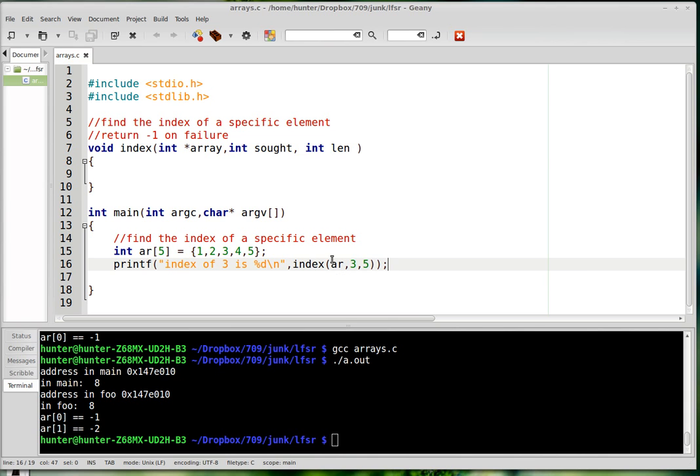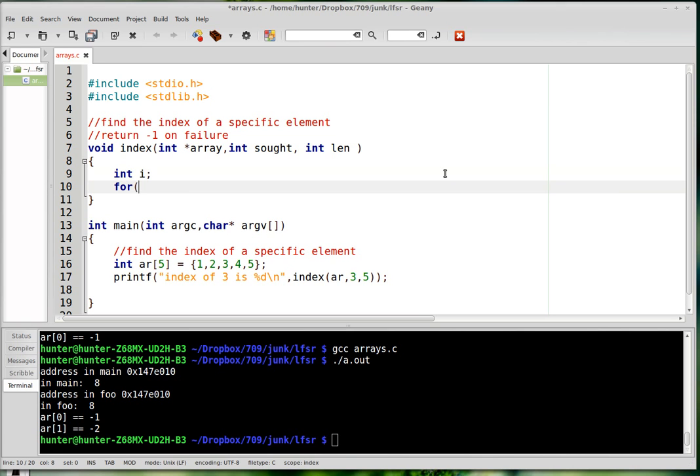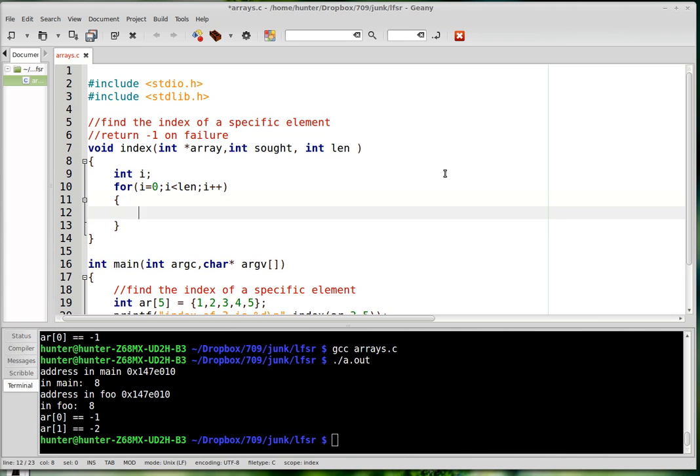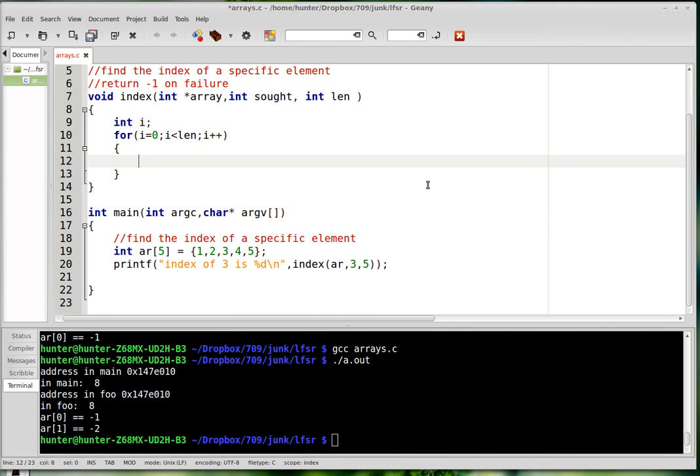Okay. Now we have to actually make the function do those things, and this is something that you do just 1,000 million times after you start writing a lot of C or C++ code. You use a for loop to look through a one-dimensional array. So we're going to go from 0 up to the length of the thing, and we'll increment each time. You need your braces, you need your indentation, and we'll say if, what should we say? If array I is the thing that's being sought,